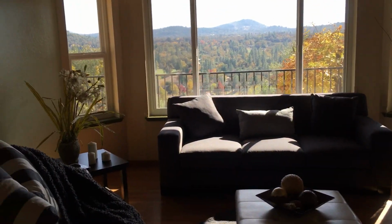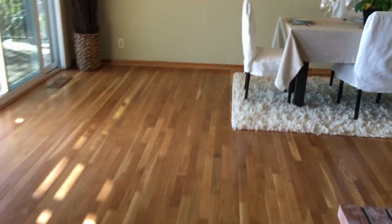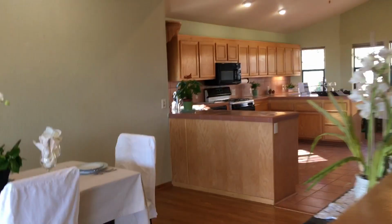So you've got the living area. It's not huge, but it's kind of expansive. You've got a nice vaulted ceiling. You've got a wood stove, but it flows. So you've got a flowing kitchen, dining area, vaulted,